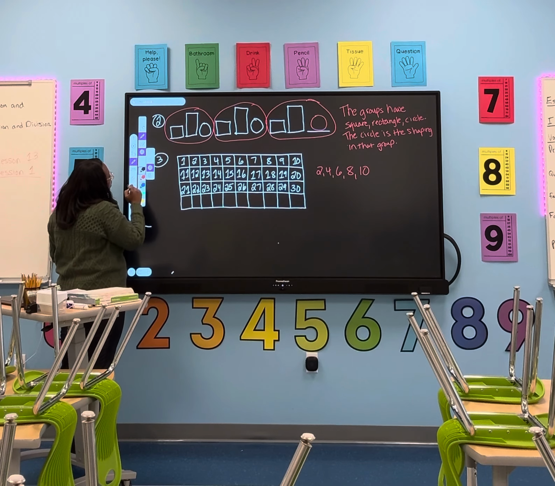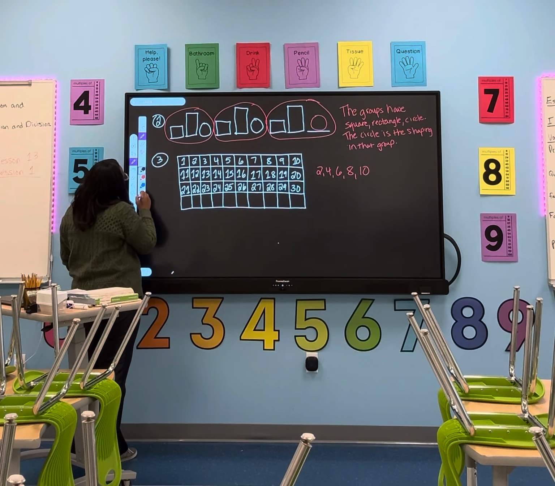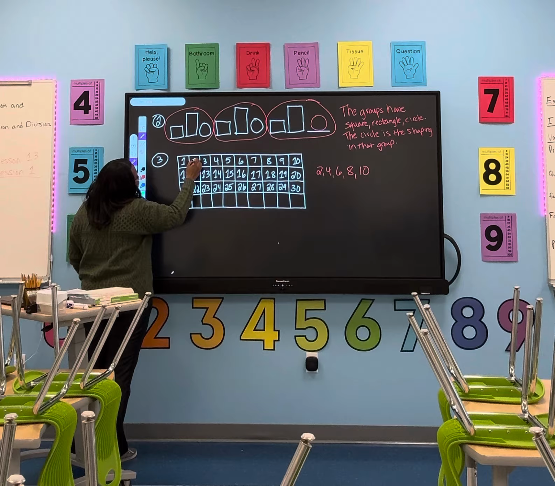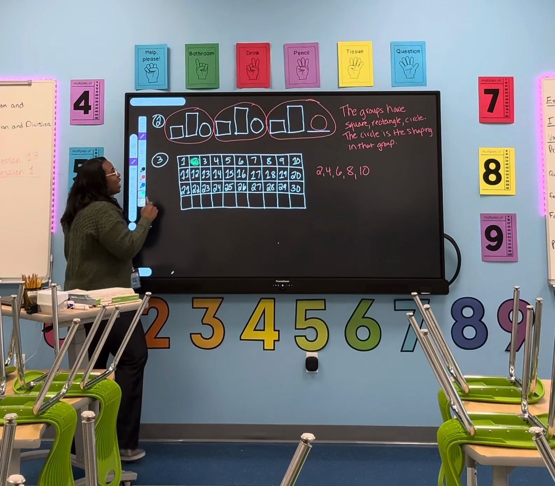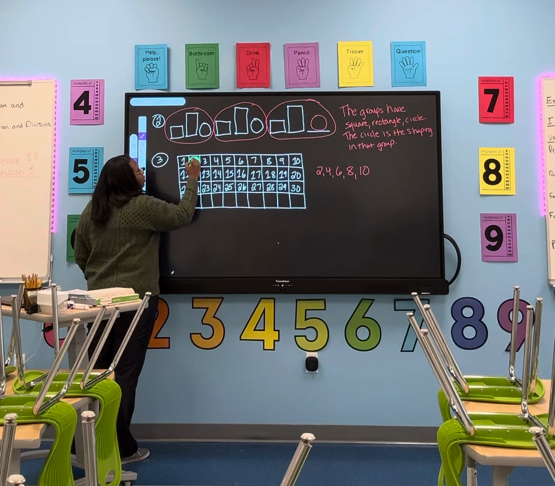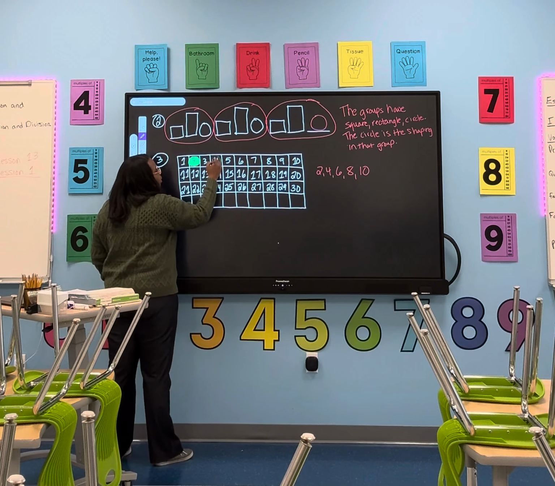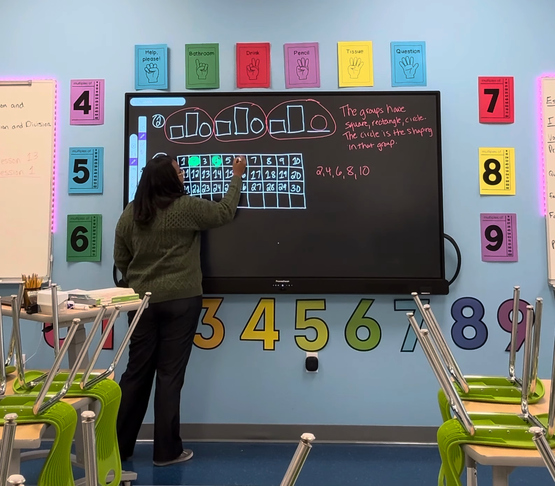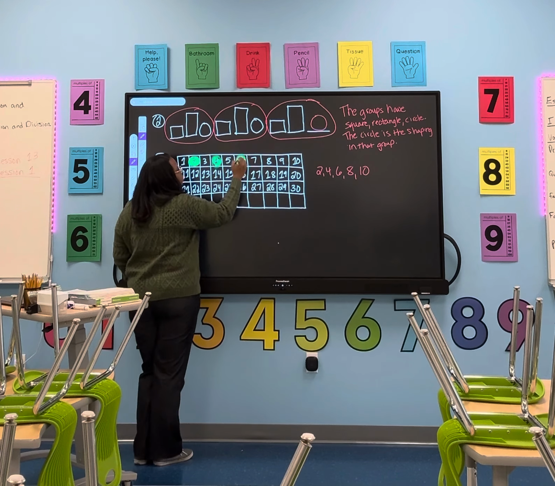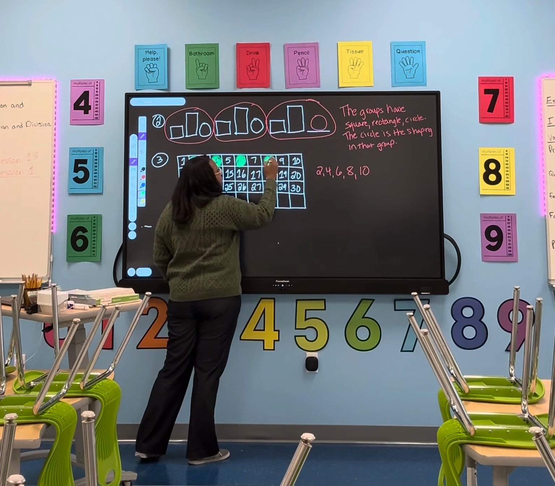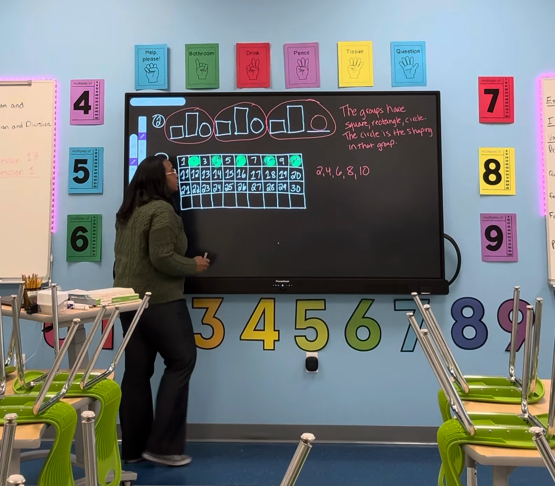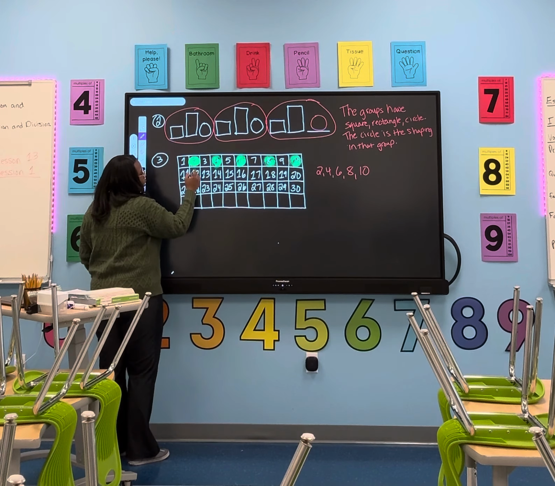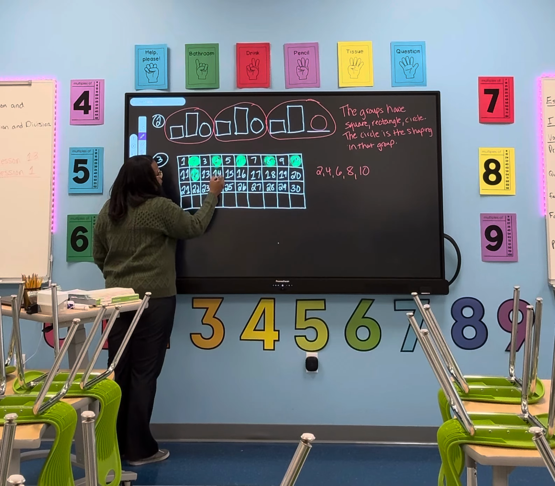What is this thing? Let's see. Maybe this thing will work a little better. Oh, look at that, guys. I found something that works better. Okay, so 2, 4, 6, 8, 10, and if we keep counting by 2s, the next number would be 12, then 14,